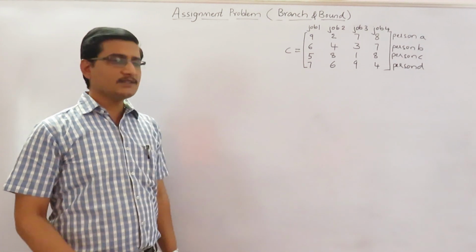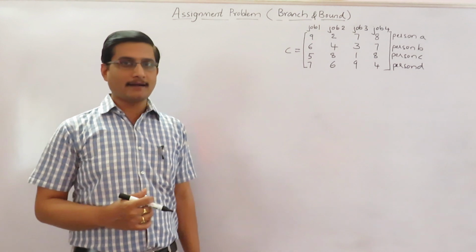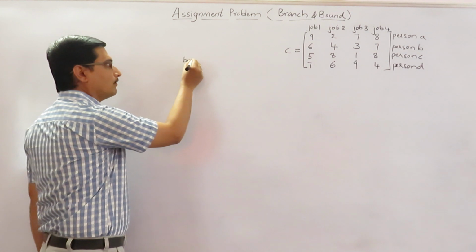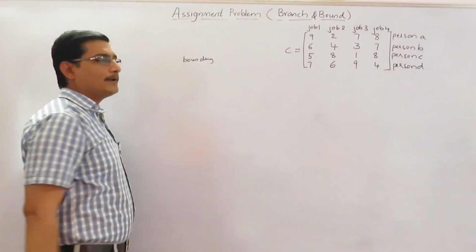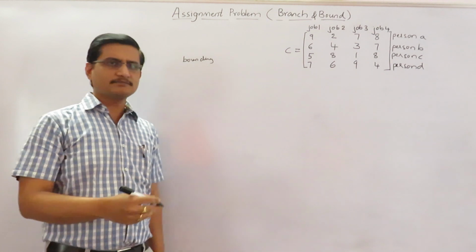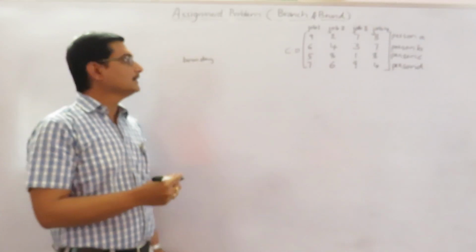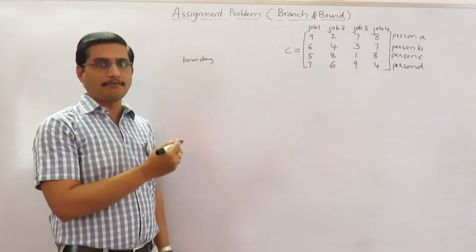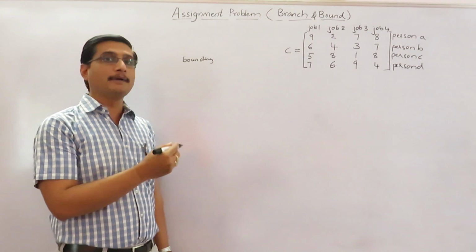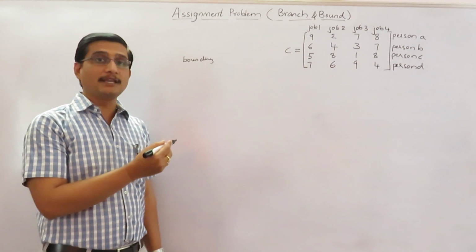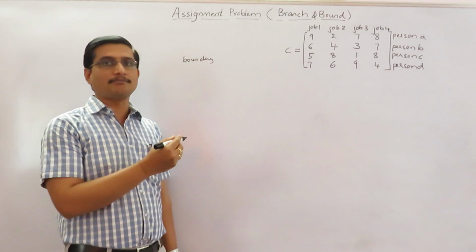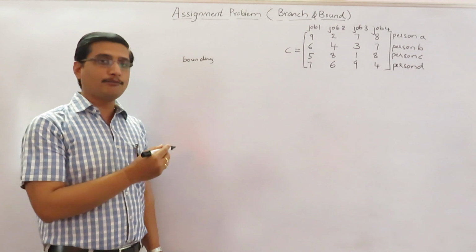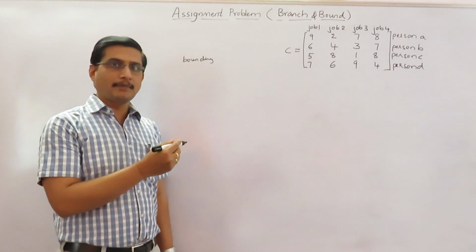So here, some more things are to be added to backtracking to get branch and bound. One thing is a bounding value. How we can get this bounding value is just by common sense. We can have a function which will find the bounding value, which will be the best value. In case of a minimization problem, it should be least, and in case of a maximization problem, it should be a very large value.